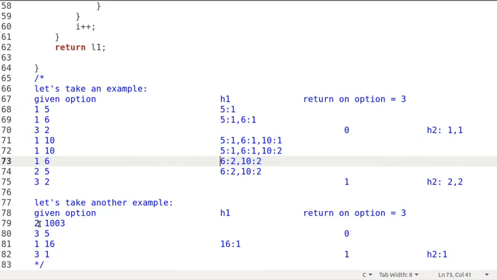So let's see. First we are getting 2. There is no element, so none of them will be removed because H1 is empty. Now we are getting 3 and 5. As we can see here, the size of the input is 4 only. So how can we get the frequency as 5? We cannot. This is the point to be noted here: the frequency of any element cannot be more than the size of the given input. The maximum frequency can be the size of the given input. It cannot be more than that. So it cannot be 5.